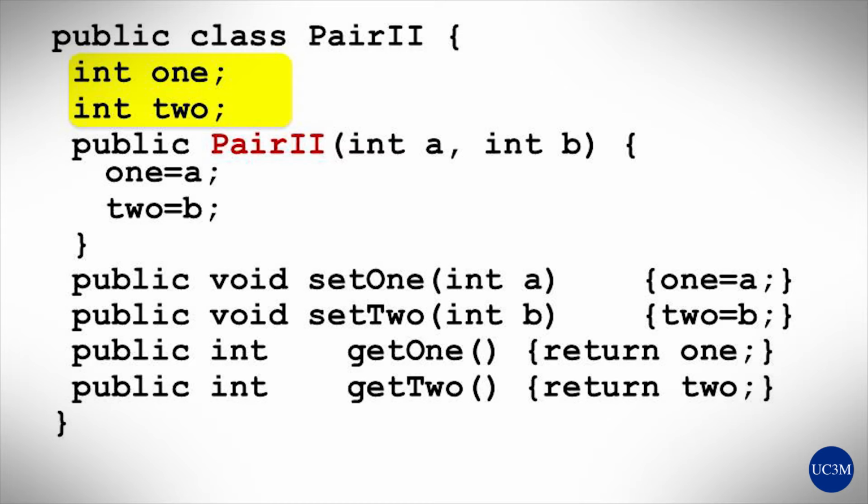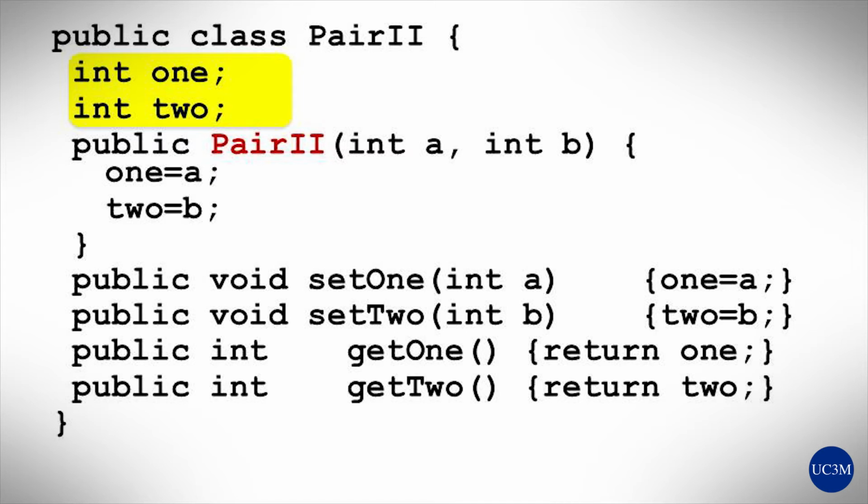In this video, we are going to introduce the concept of generics. How would you define a pair of two integers? Well, here we see a possibility. It's very easy. We define two attributes of type int, and then we define a constructor and the typical setter